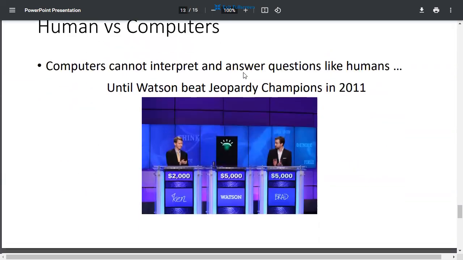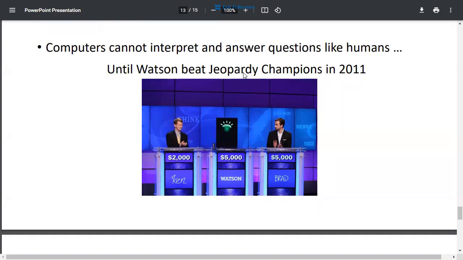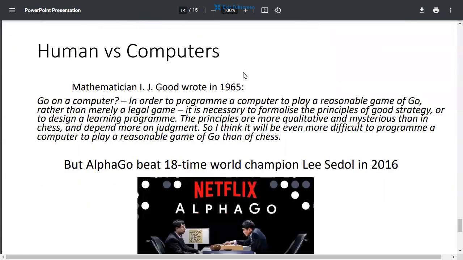A computer could win a game show. These game shows are basically common knowledge stuff, right? Not so common, but knowledge about various trivial facts. So you could fill a computer memory with lots of trivial facts, and it could retrieve them faster than a human could. So yeah, it could win that game.